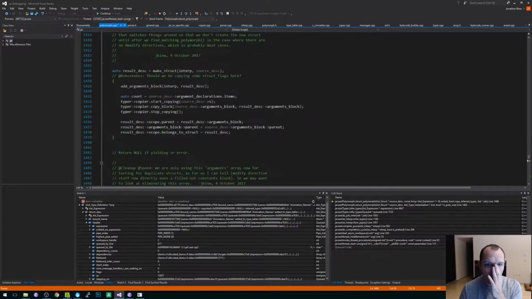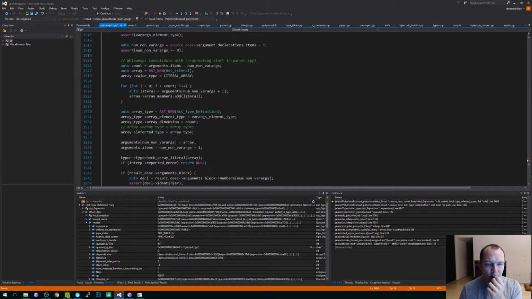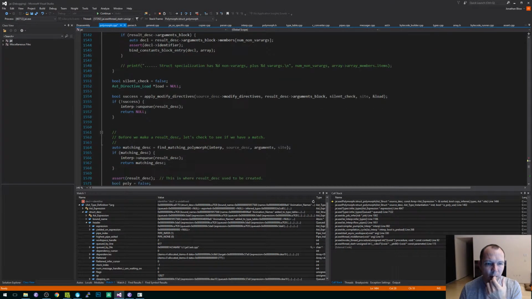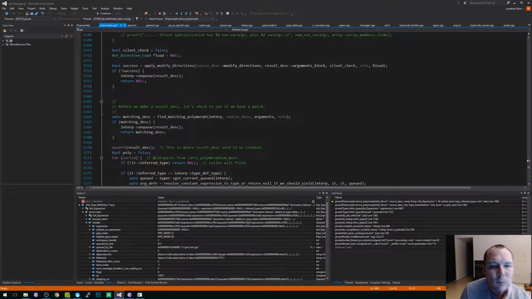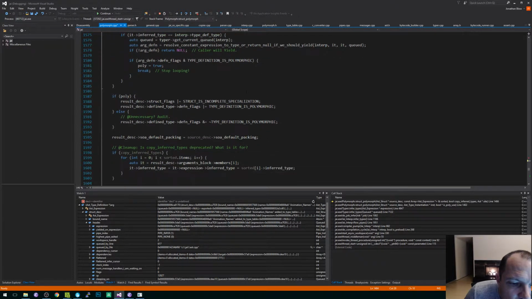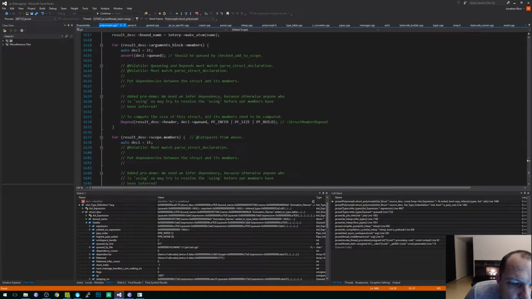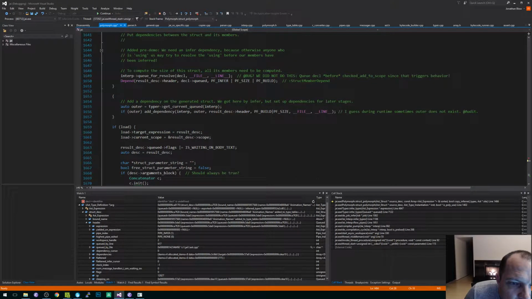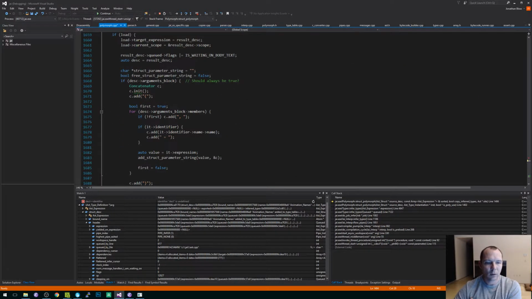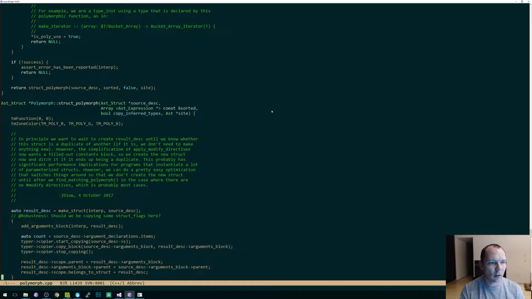Can we not yield here? Wait. No, we can, right? Maybe we can't yield in struct polymorph right now because we didn't provide a way to do that. That would be bad.